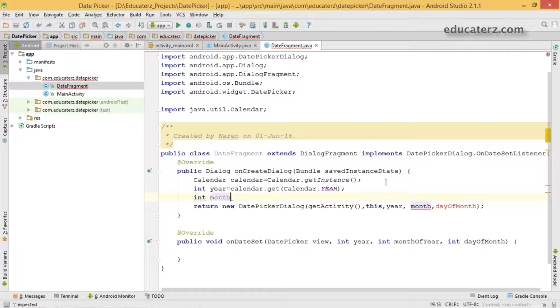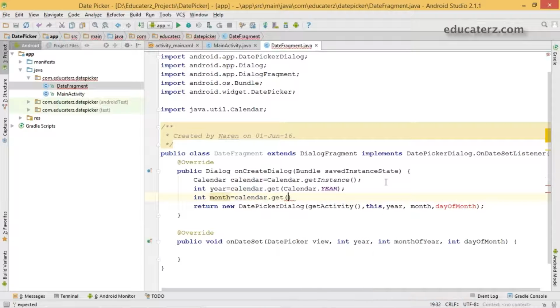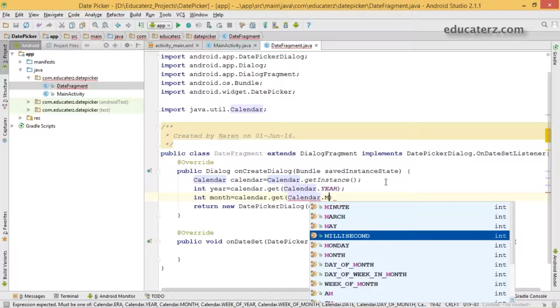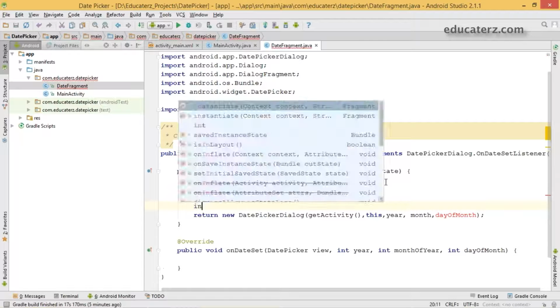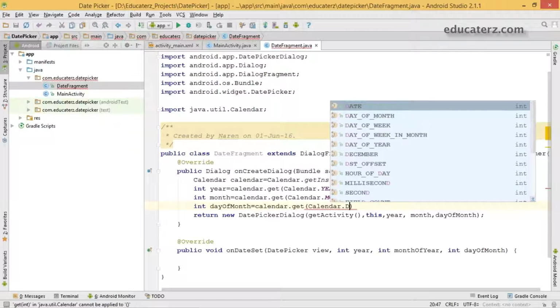Another one is month, calendar dot get method will get the field calendar dot month, with semicolon, and the same for day of the month, calendar dot get, which is going to read your day of the month.